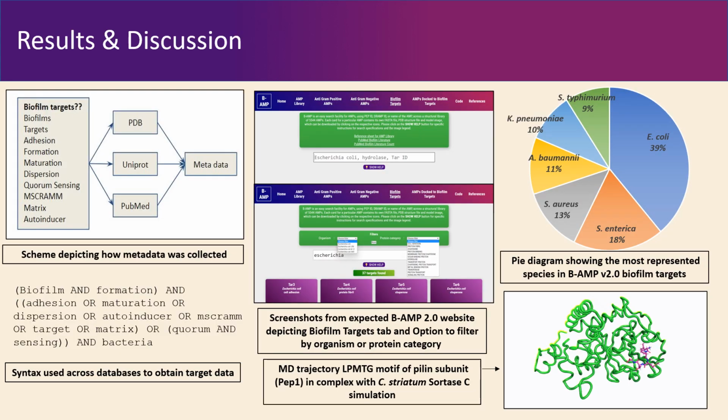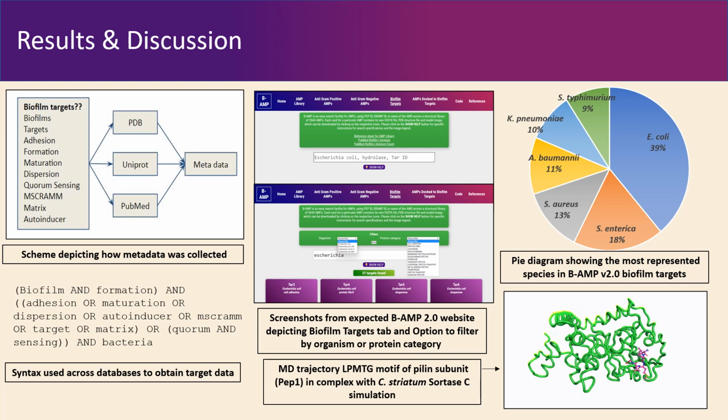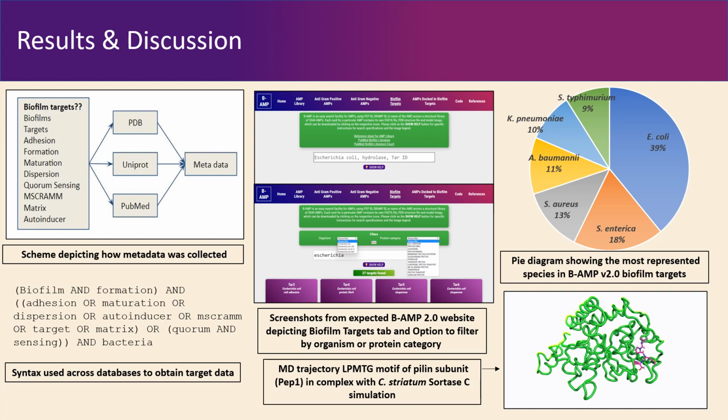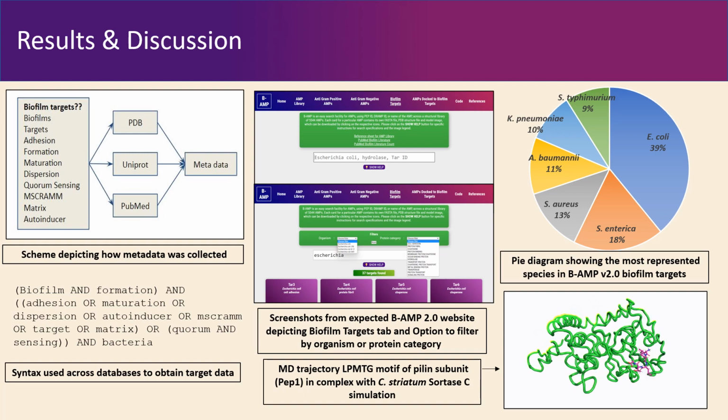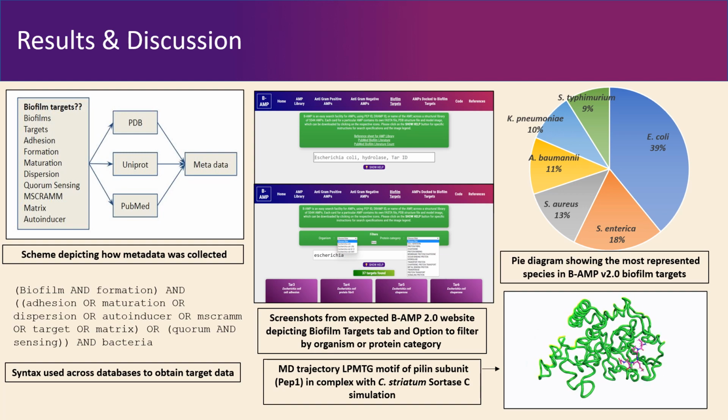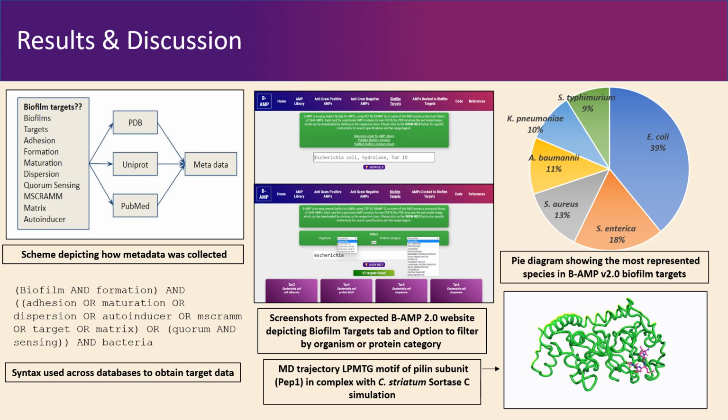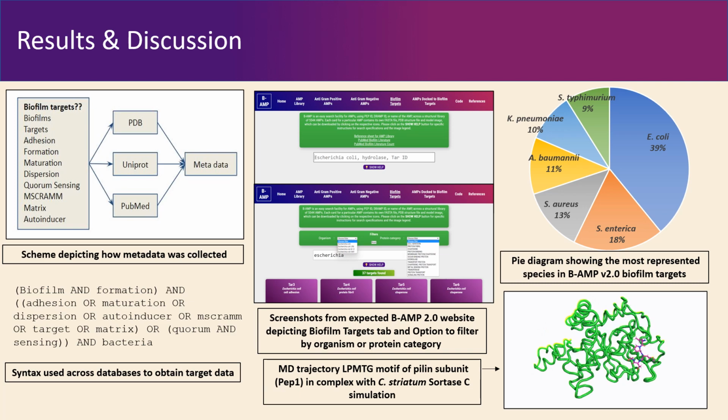To build BAMP version 2.0, we collected relevant target data from three databases: PDB, UniProt, and PubMed. To gather the data, we used a custom list of keywords and the advanced search features of the respective databases, using in-house API scripts to collate metadata of all biofilm targets. Upon removal of redundancy, we obtained metadata of 2,502 unique potential biofilm targets. Of these, 102 had a 3D protein structure available, and we selected 90 biofilm targets with no structure available and modeled them using